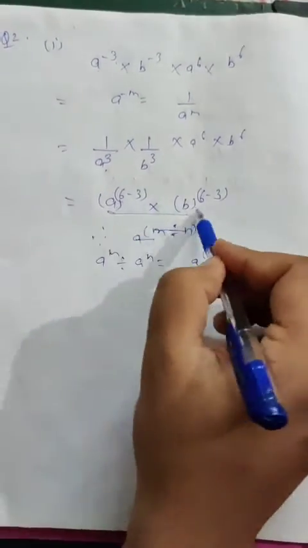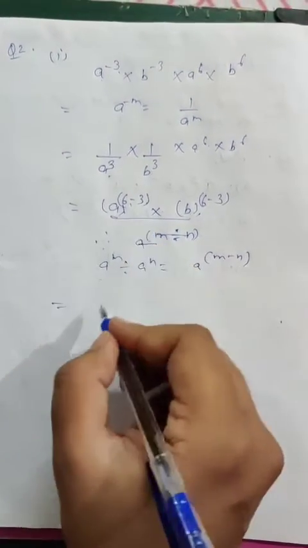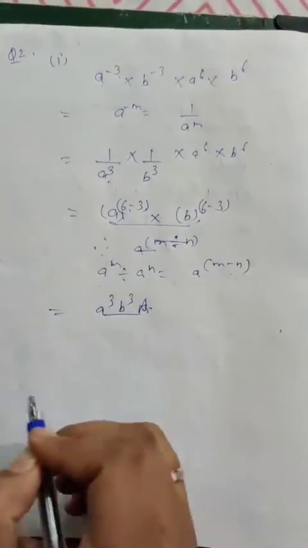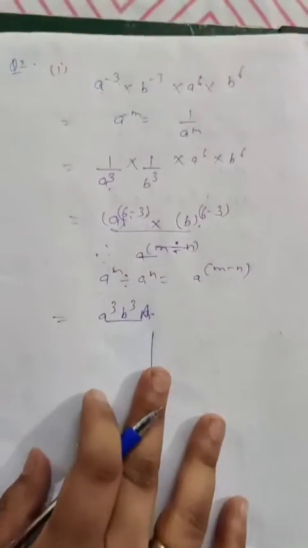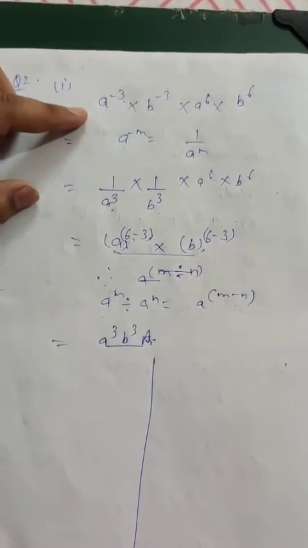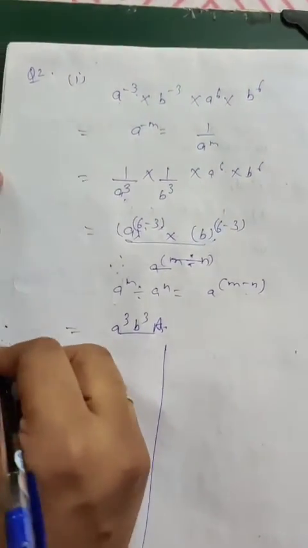So similarly we have done here. Now a raised to the power 6 minus 3. What is 6 minus 3? That is 3. A cube b cube is the answer. So what we have done, we have just converted the negative exponent into the positive exponent and done the simplification. Now the second part of this question is